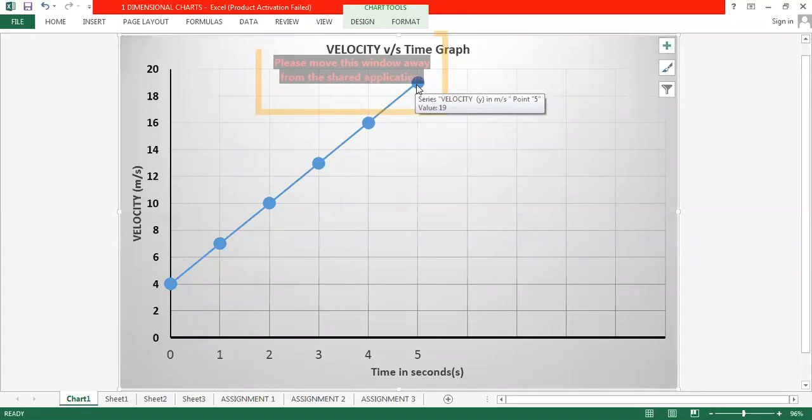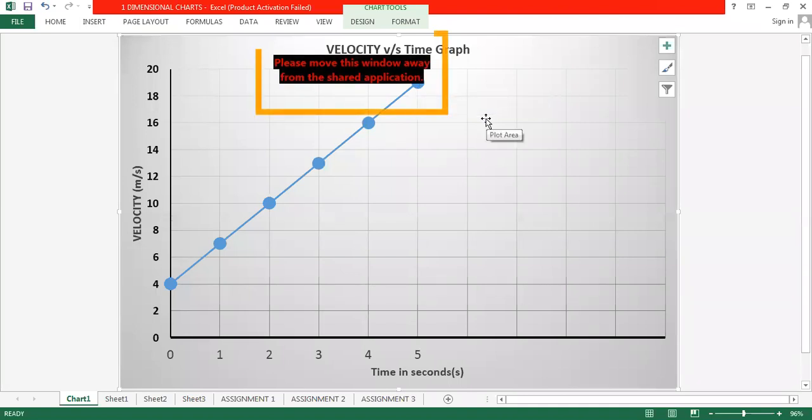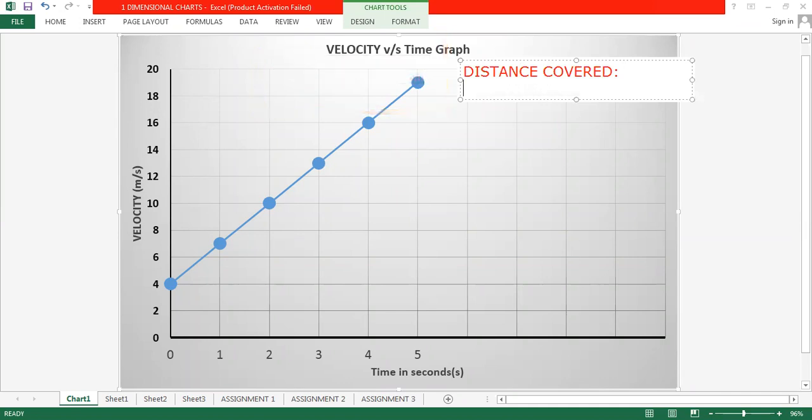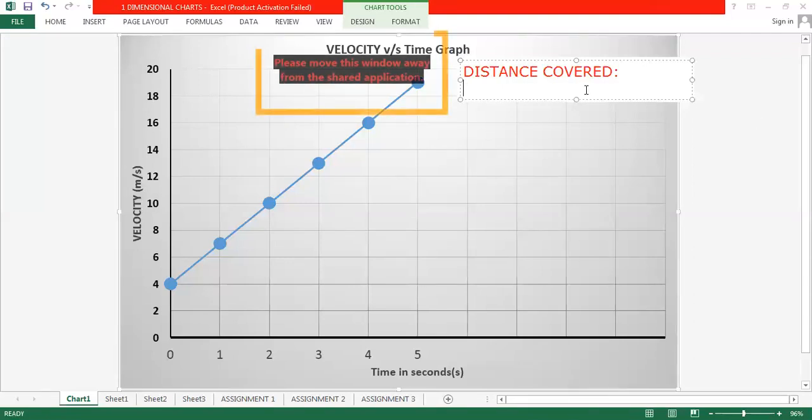Okay. Now the only thing I am asking you, this is the last topic: calculate the distance covered. Now there is a genuine problem with distance covered. Why? Because you will find in distance covered, it is not a triangle.